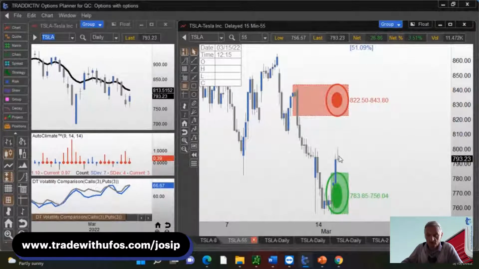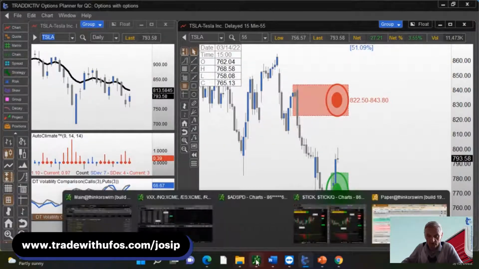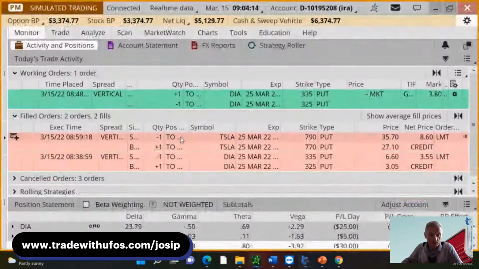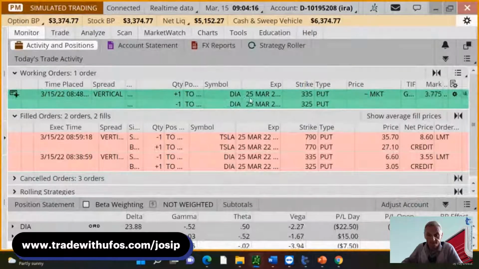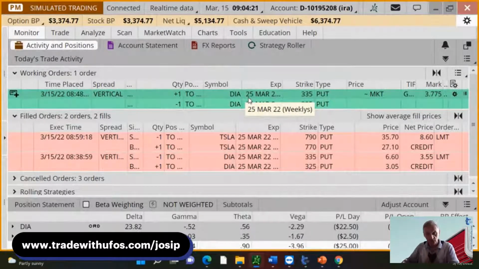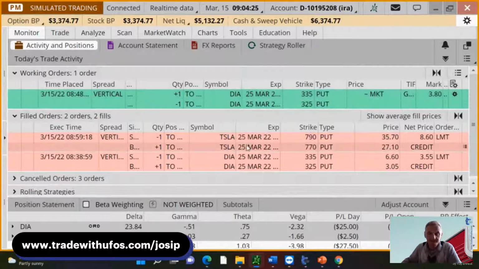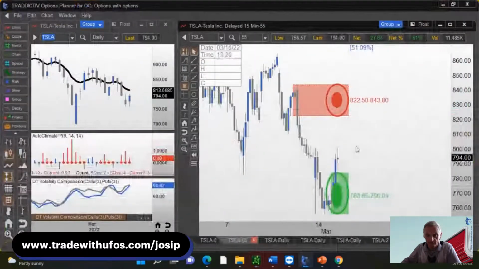Right now it's taking a little bit of a breather, but anyway, what's the one more thing that we need to do on this one? Same thing that we had on our Diamond, which was a closing order. We need to have a closing order for this one. But this is a little bit tricky because aren't we already at 790? You see, that's a thing that I want to point out to you, that you do need to go back to the chart and see where is the possible level of resistance.